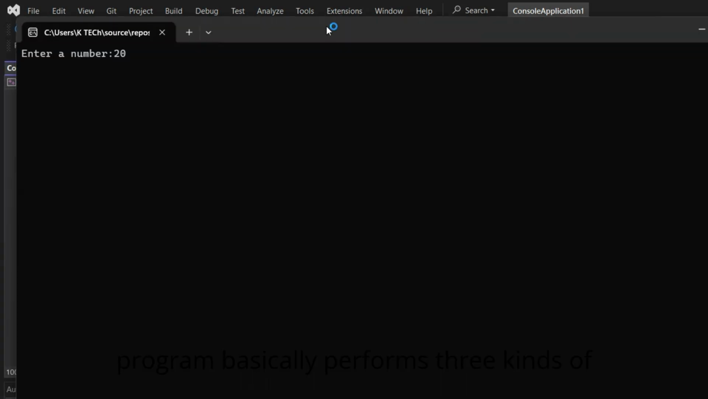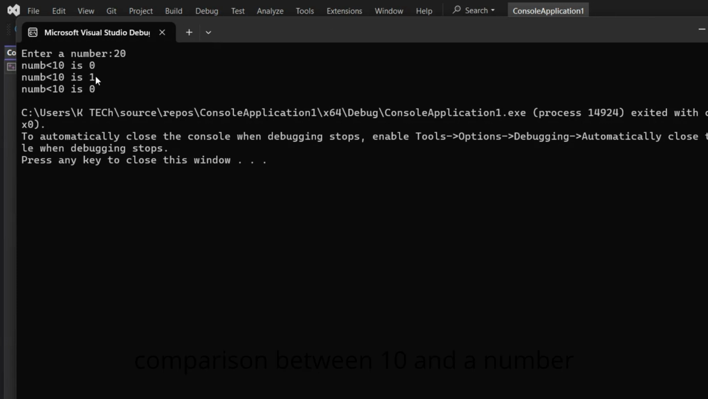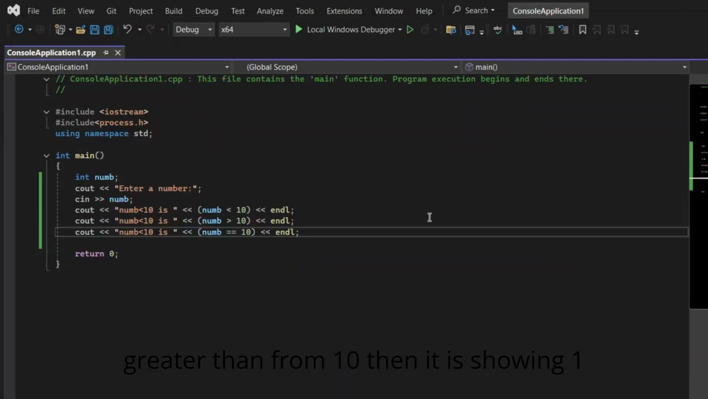This program basically performs three kinds of comparison between 10 and a number entered by the user. For example, I am entering a number 20. So it is telling me that 0 represents false here, whereas 1 represents true here. So the number that we have entered is 20, so it is obviously greater than 10, then it is showing 1, true, in the greater than comparison, whereas it is showing 0 for number less than 10 and number equal to 10, because both of the conditions are